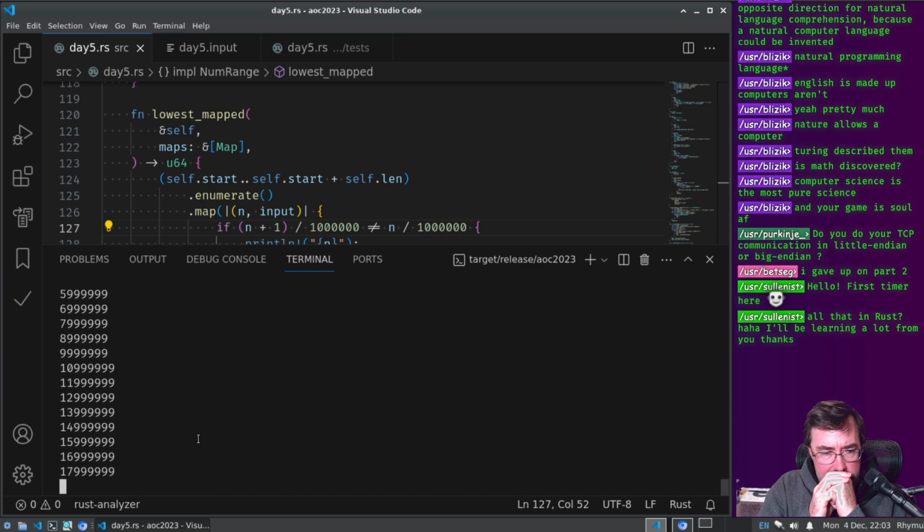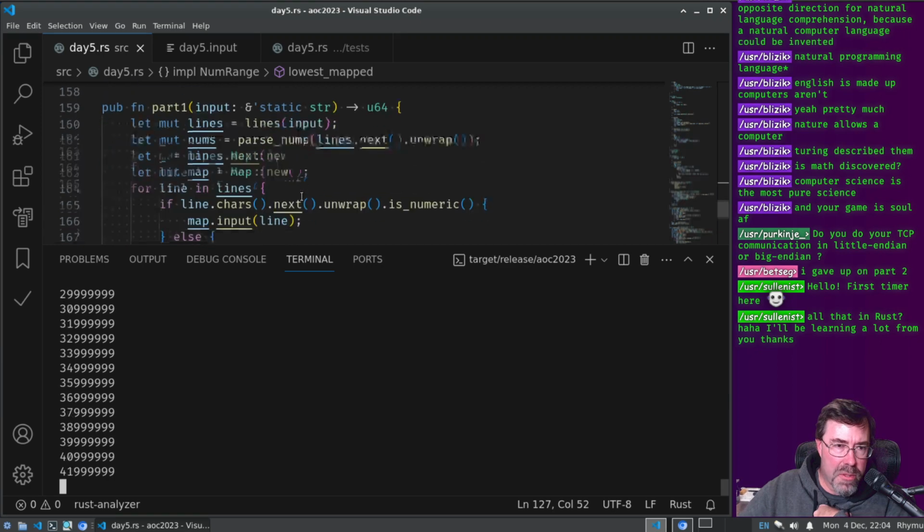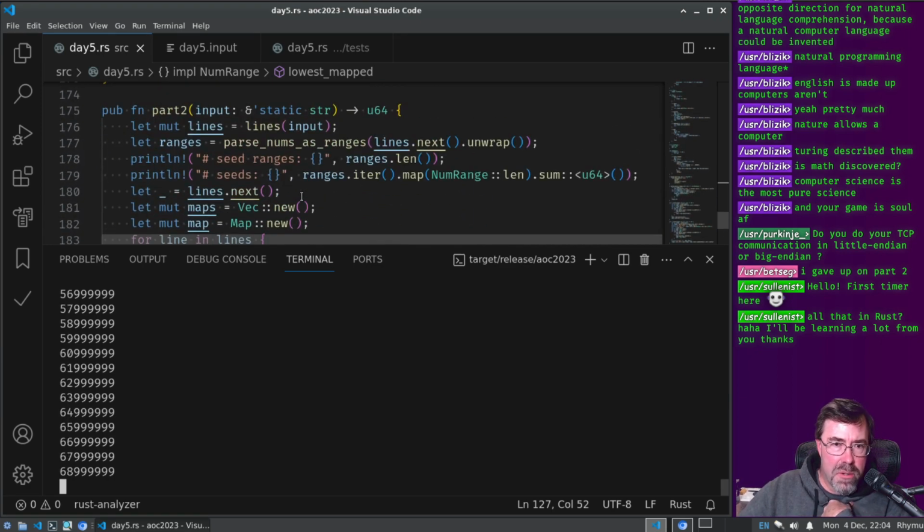Did I do this problem wrong? Do I have a nested loop where I didn't need to nest? Let me think about this. Part 2, right? We get a whole bunch of seeds.